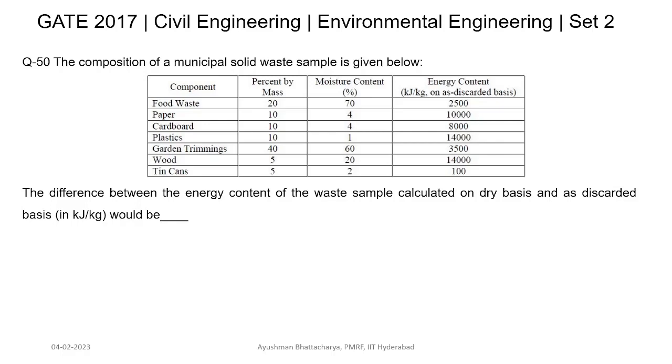So this is question number 50 which came in GATE 2017 in set 2. The question says the composition of a municipal solid waste sample is given below. The components include food waste, paper, cardboard, plastics, garden trimming, wood and tin can. The percentage by mass, moisture content and the energy content are given corresponding to each component. Now the question asks for the difference between the energy content of a waste sample calculated on a dry basis and